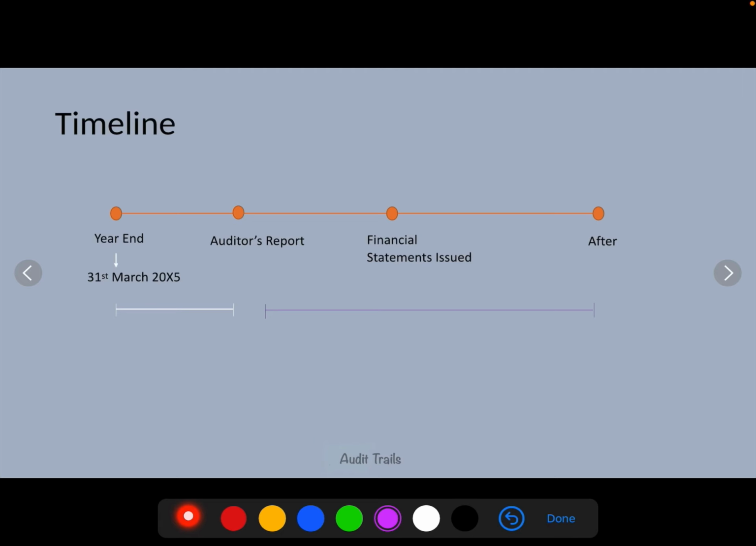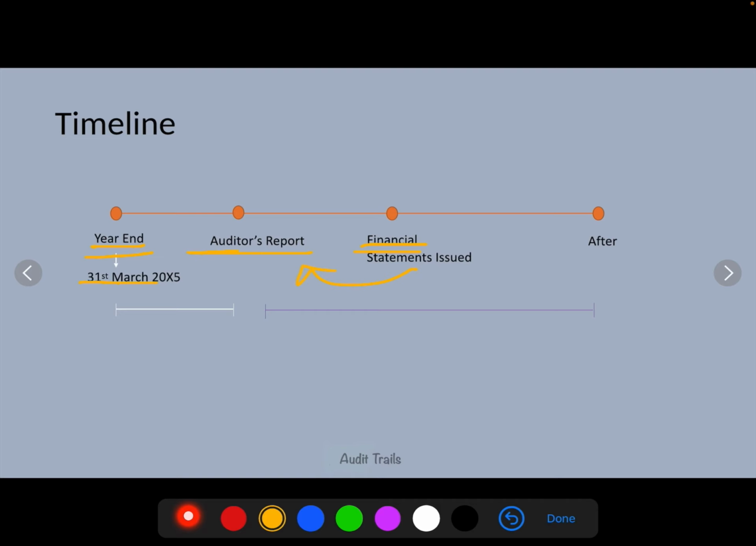Now we have a timeline here. This timeline will help us to understand how the auditor's responsibility will change according to the different time periods. For example, we have our year end date, let's say 31st March. After our year end, there will be a date when the auditor's report will be signed, and after that, there will be a date when the financial statements, along with the auditor's report, will be issued